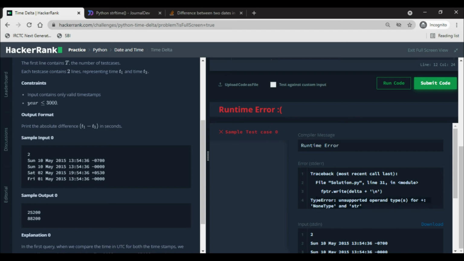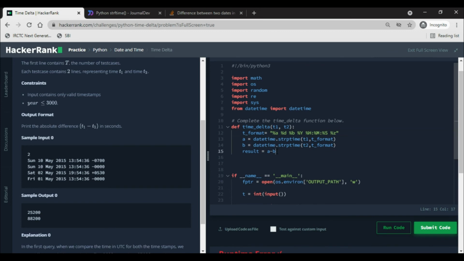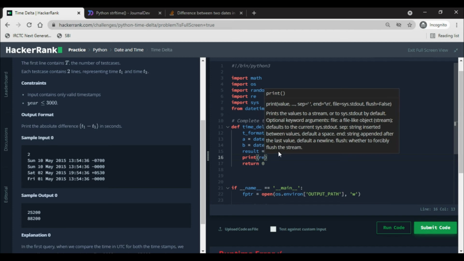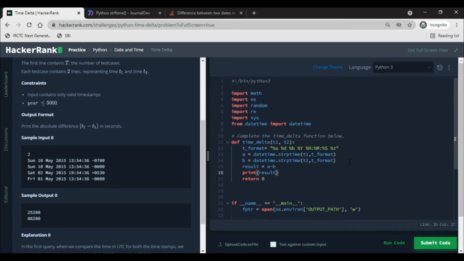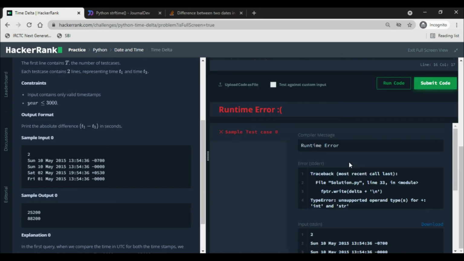Okay, so we have to return something, right? So let's return 0. Return 0, and we'll print the result as well. Integer type and str type.